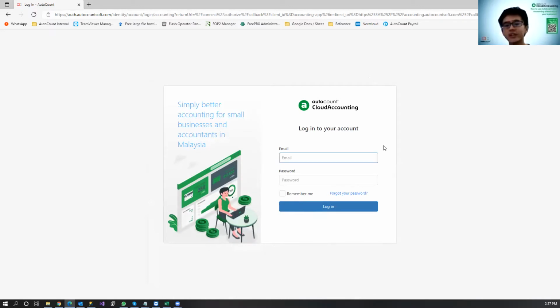Assuming that you have already subscribed, you just key in your email. By the way, after you subscribe, a confirmation email will be sent to your email to confirm. Then you can log in. For example, this is an already subscribed email. Let me key in my username and password.